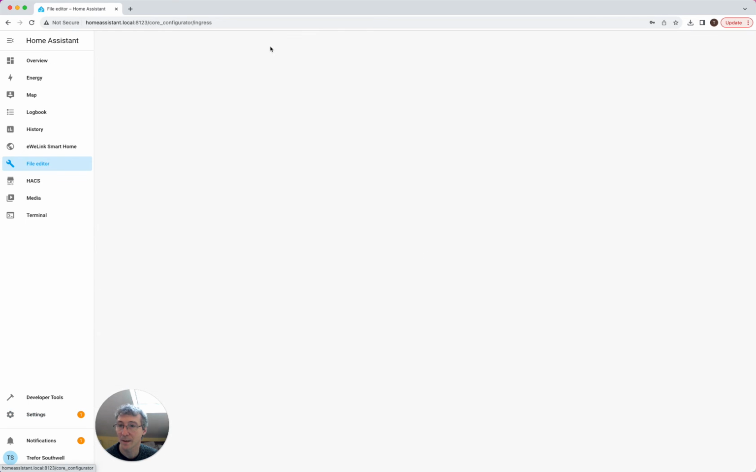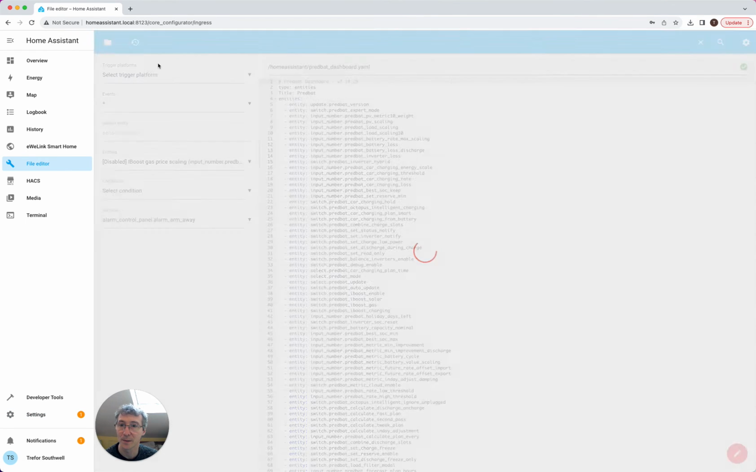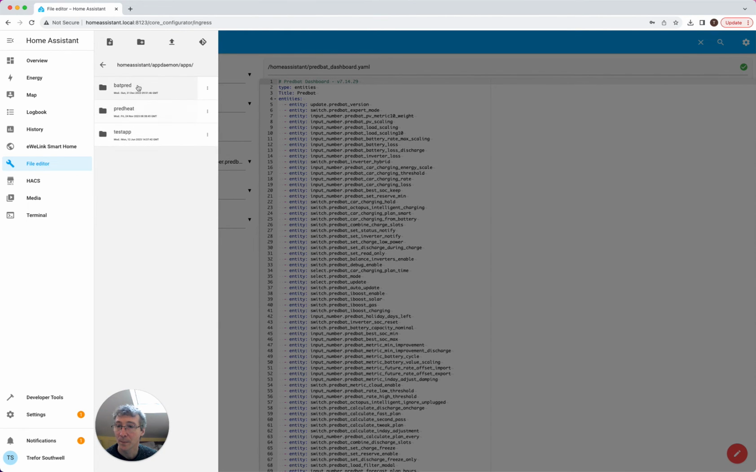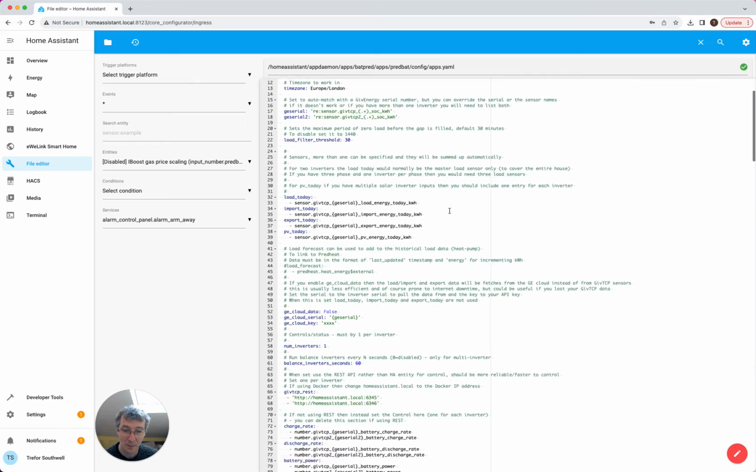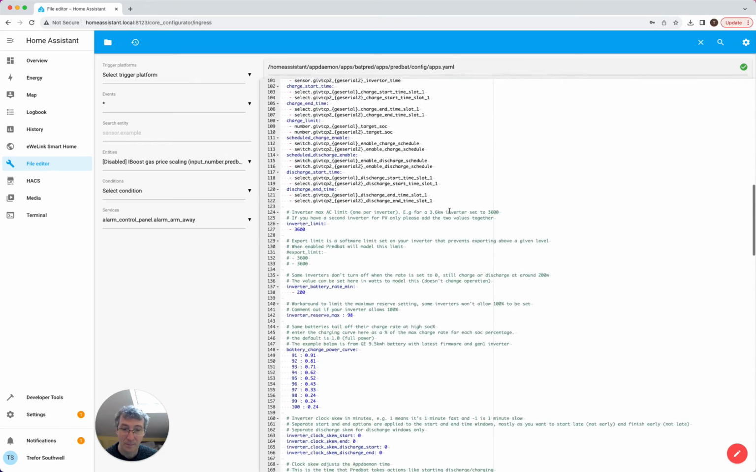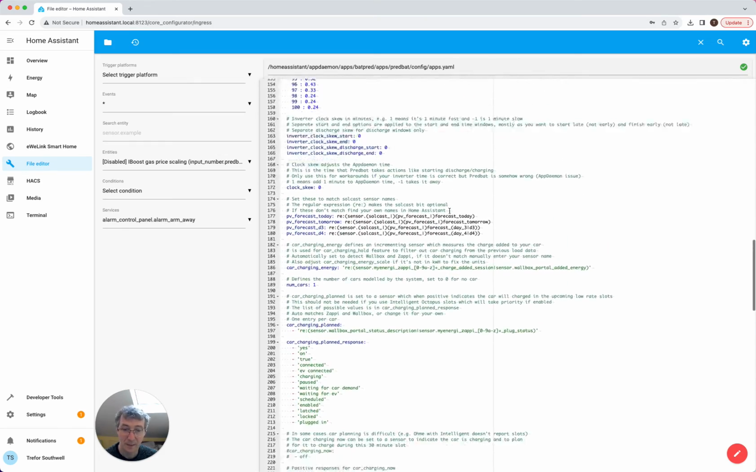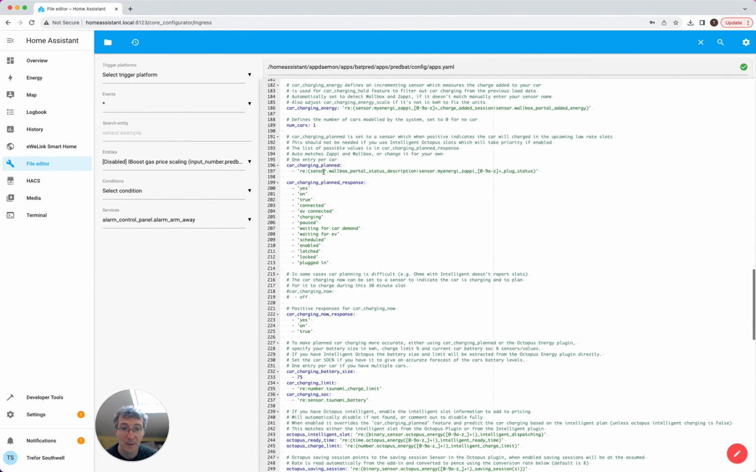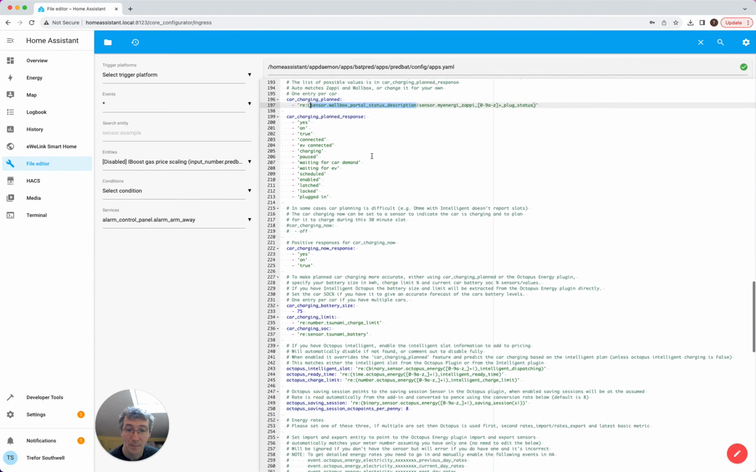Obviously, on the actual Predbat side itself, just to show the configuration, it's pretty much what's already checked in the standard config. But let me just find the car part of it. So I've only got one car. Then I've got car charging planned. Essentially I use my wall box description to say that the car is plugged in, and then